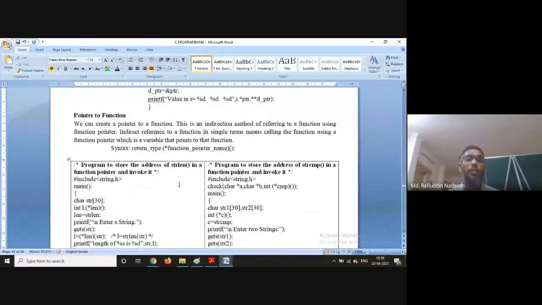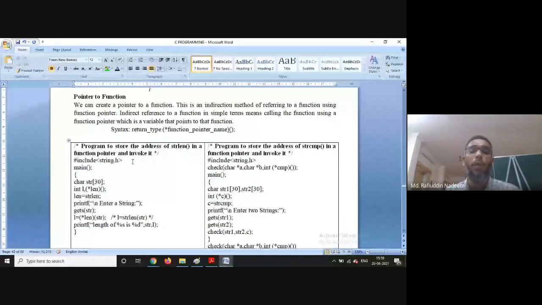Next we have another concept. The final concept under pointers is about creating function pointers. Like you have created pointers and pointer arrays, you can have a function pointer. What is the purpose of a function pointer? You can indirectly invoke a function using a function pointer. The syntax is: first the return type, which specifies the return type of the function.